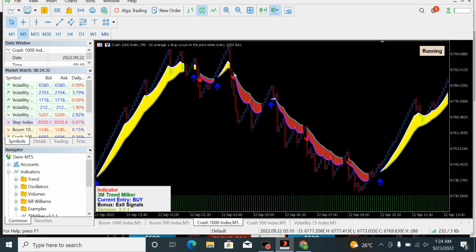But at this point, if you are the type that doesn't know how to trade spikes, I won't advise you to trade the normal trend around here, because you're going to get trapped in the market and you will lose your money. You can see this. It kept on crashing and crashing till it got to this region. It went up again, it didn't get back to your entry point, and it crashed again. Went up again, still didn't get back to your entry point, and it kept on crashing and crashing.